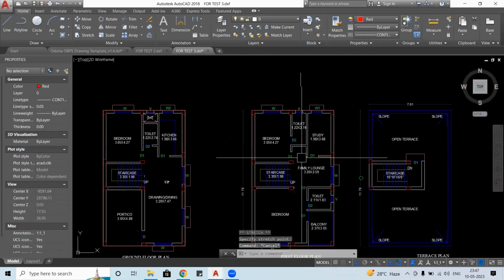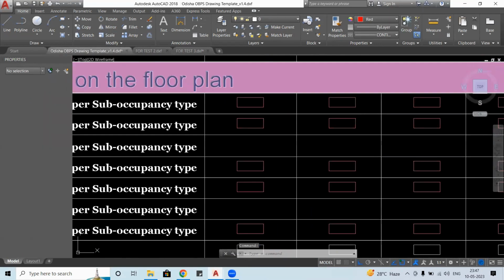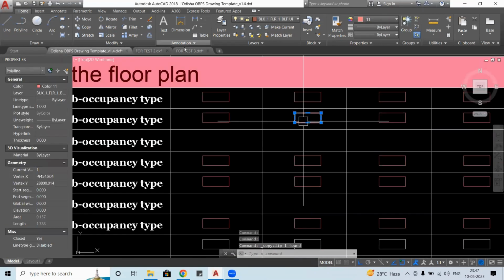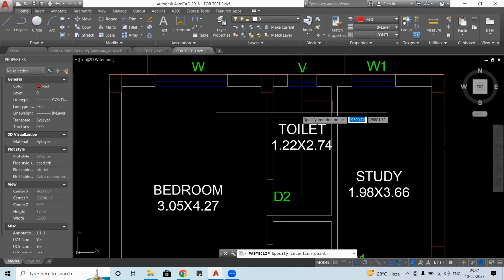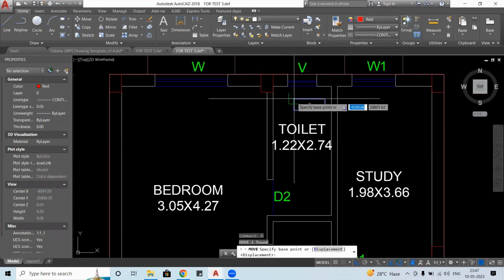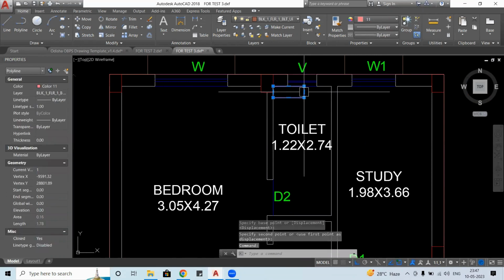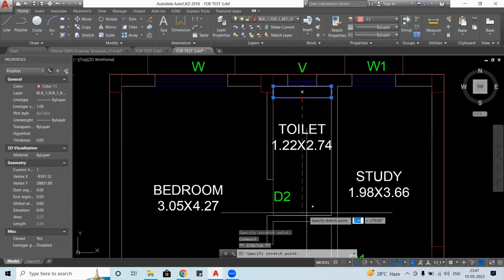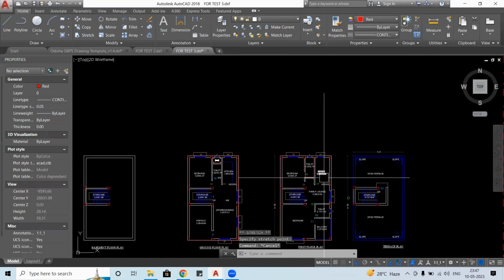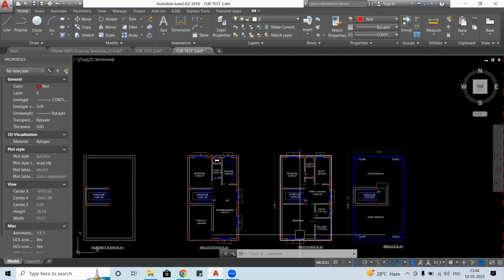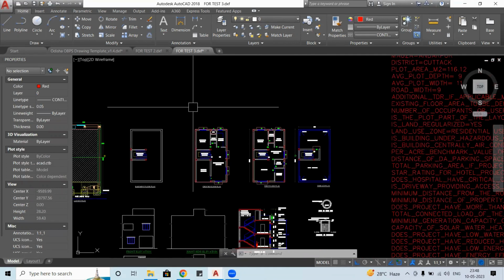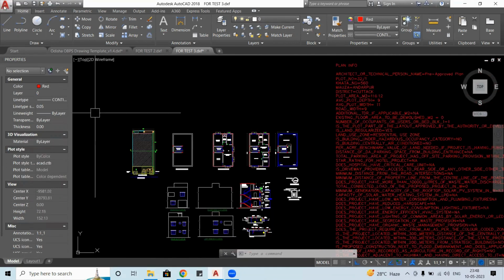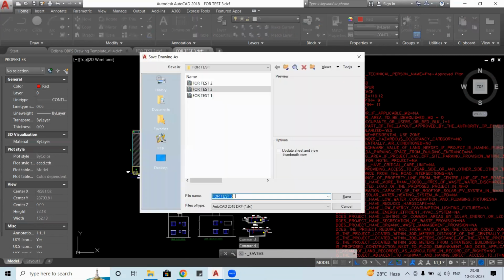And just for the sake of understanding, we'll provide a larger deduct area in the first floor. We'll take the entire toilet as a deduct area. This is just for the sake of understanding. I will request everyone to refer to the bylaws and make sure that the areas where you are putting the built-up area deduct layer do come under the exemption areas. So once I have put all of these, I'll just save my drawing and run a scrutiny